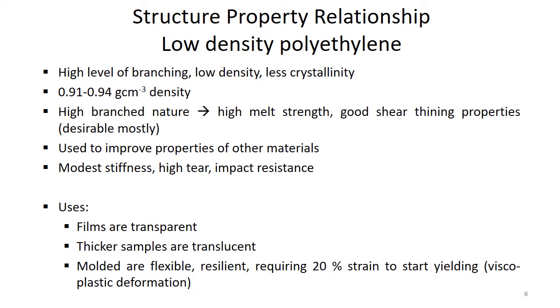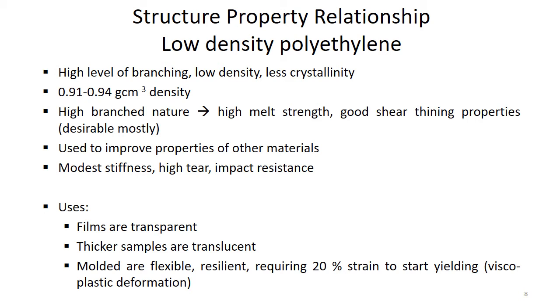Okay, let's talk about the structure property relationship of low density polyethylene. Just as we discussed for high density polyethylenes, polyethylenes have polyethylene chains. The main chains sometimes have branches and sometimes they don't. In the case of low density polyethylene, the level of branching is very high, and because of this, the crystallinity is very low, because it is very hard to organize these polymer chains into an ordered arrangement. So low crystallinity and low density are associated with low density